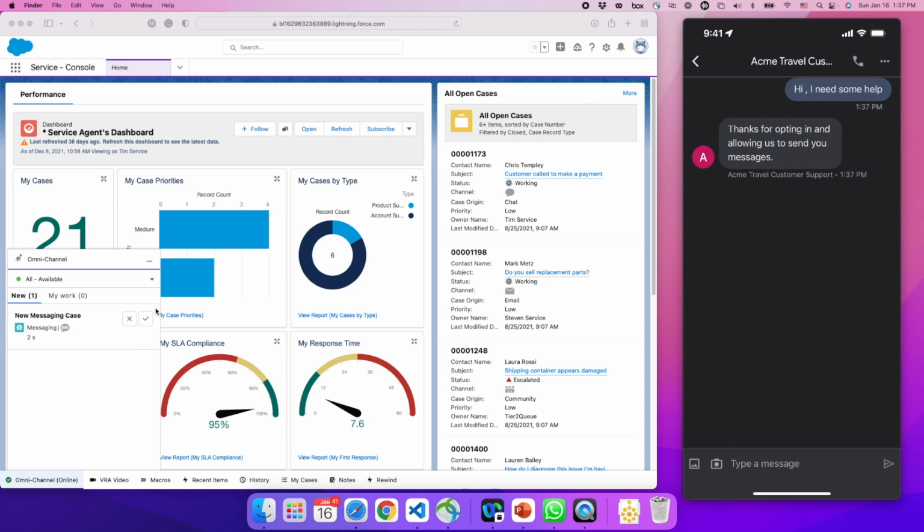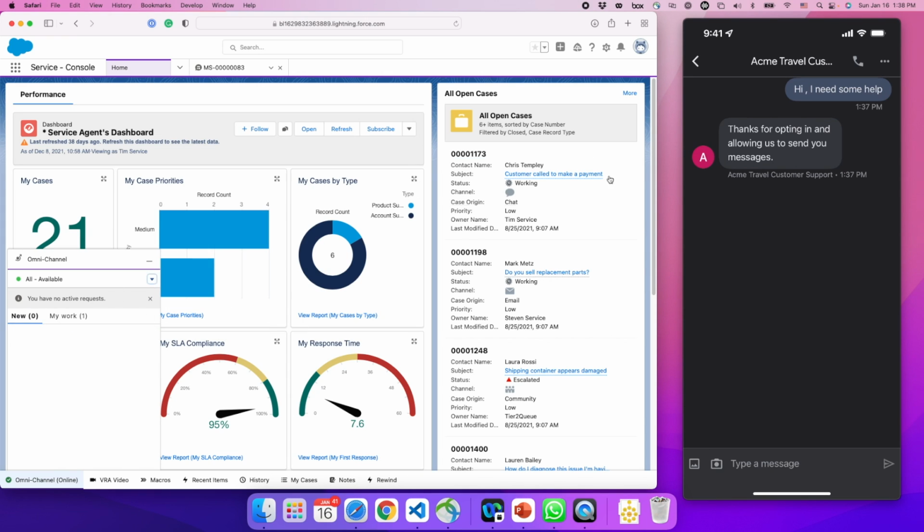as you can see in the Omni channel, the agent would automatically get a notification that someone would like to talk to you, and you see we immediately got a response saying thanks for opting in and allowing us to send you messages. So this is known as consent. If the customer is contacting the Salesforce call center, they are automatically giving the consent that they can get a message response back, because like I said previously, security, regulations and compliance are paramount in digital engagement, and that is by design. So now I will go ahead and accept it, and we can start a conversation.